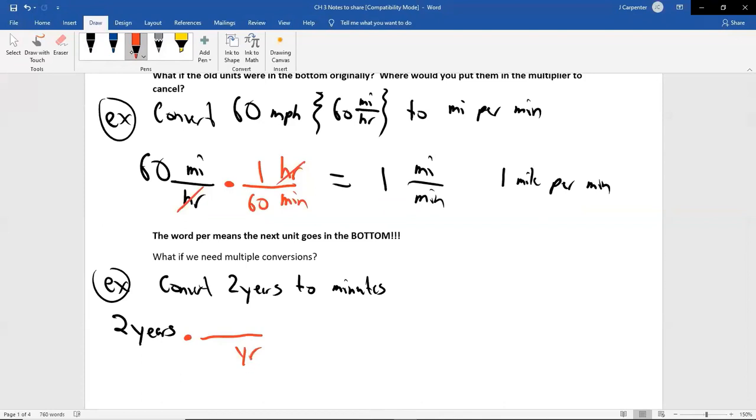Now we've got to think in simple ways. How can we go from years to a smaller unit of time? You might say we'll go to months, and there's 12 months to a year, and that seems okay at first. But if you remember a week ago, I said we don't know how many days are in a month because it varies from month to month. We don't want to just say 30 because only half the months are even 30. Some of them are 28 or 29, some are 31. So it's a bad idea to go between years and months,